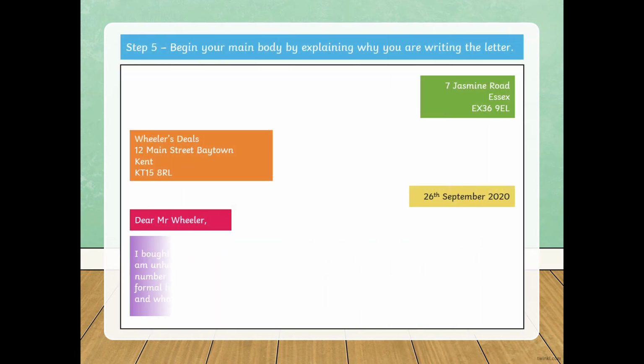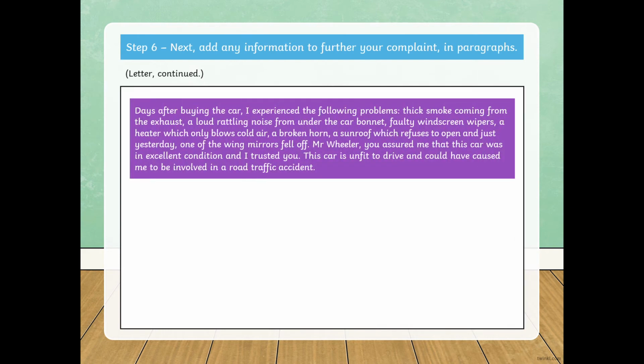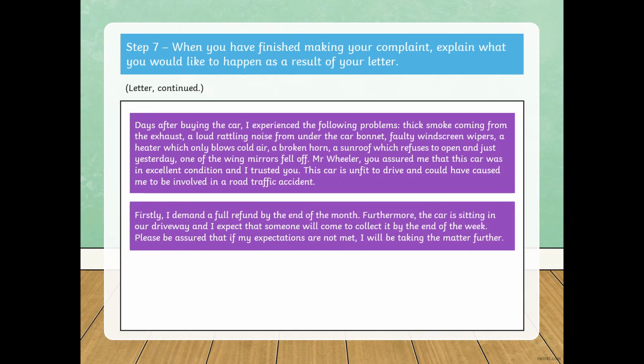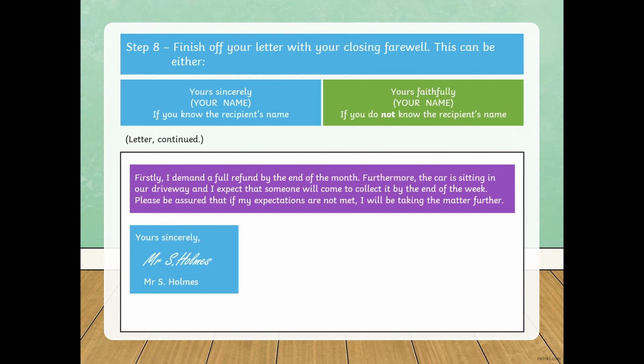Okay. So, always when you're writing a letter, the first paragraph is explaining why you're writing the letter. And then the next paragraph is going into a little bit more detail exactly what the problems are. And then once you finish your complaint, you sort of summarise everything, re-emphasising the fact why you think they should make a good decision,